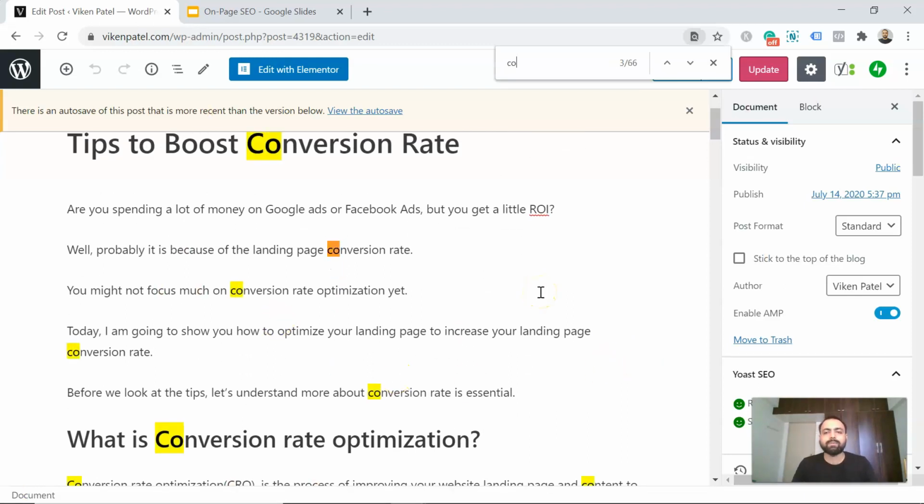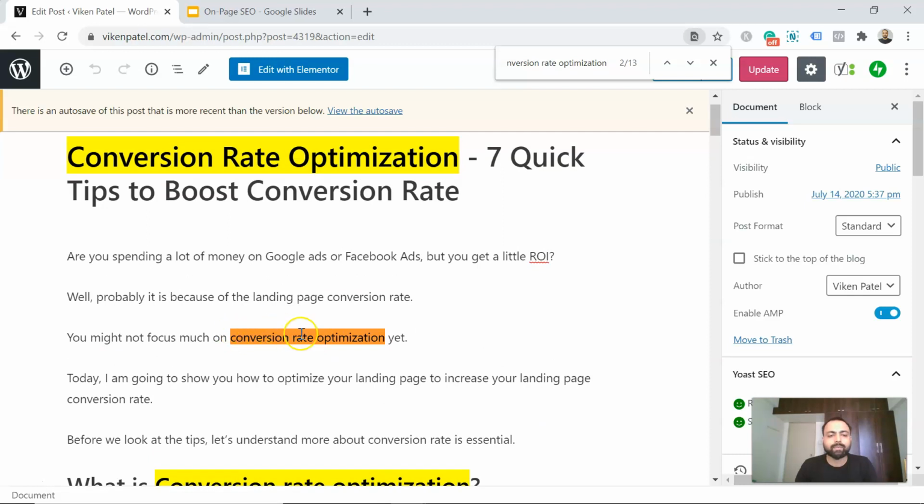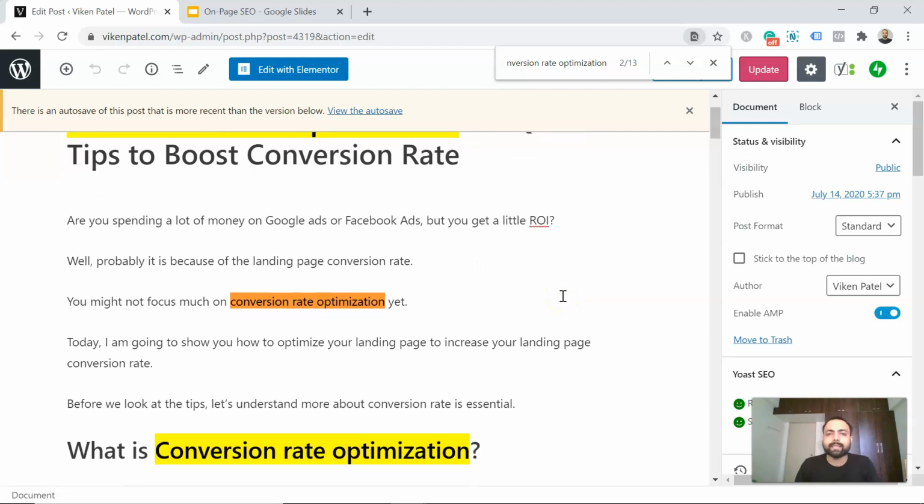Let me search for the keyword so that you will get a better understanding. If you can see, I have already added conversion rate optimization over here, which is of course in the first 100 words.